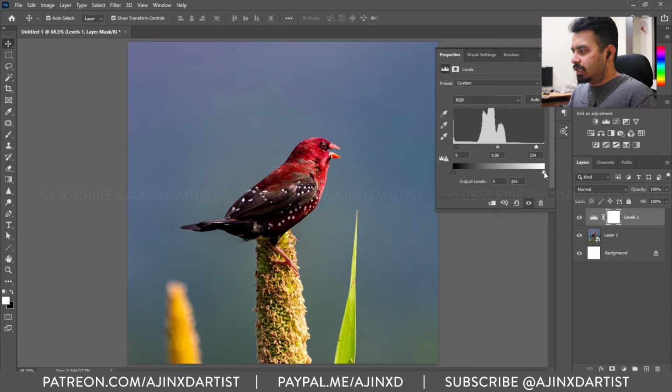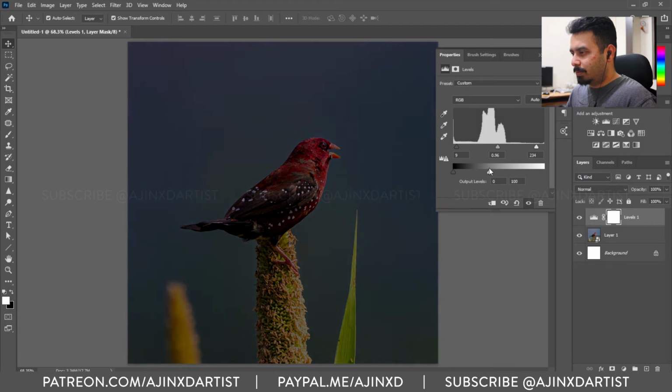Using levels will help us go back without damaging the original image. So we don't have to create multiple copies of the image and edit it. We just have to create a levels layer and use the mask on it. I've seen other people using multiple copies of the image and increasing their file size for no reason at all. So we'll follow this way and you can tell me if you like it or not.